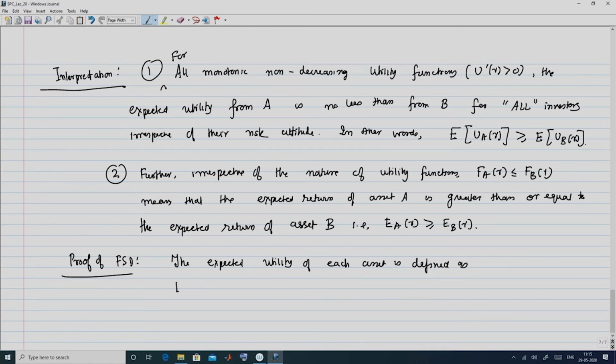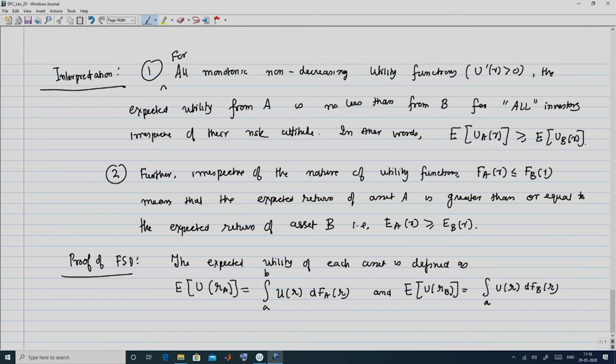So, the definitions are as follows: the expected utility of return on the first asset, by definition of expectation, is going to be the integral of u of r dF_A of r in the interval a to b. So, that is the range of your returns. And E of u of r_B, in a similar manner, is going to be the integral of u of r dF_B of r from a to b,